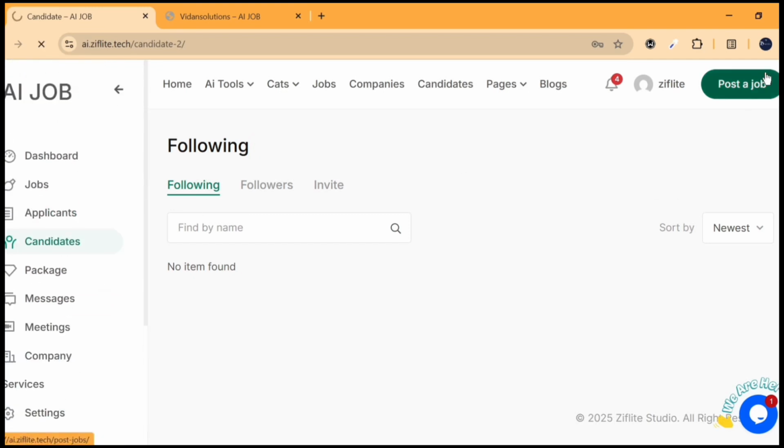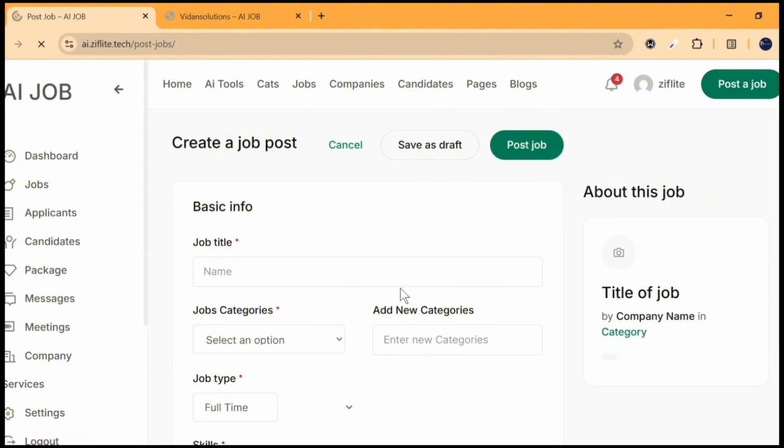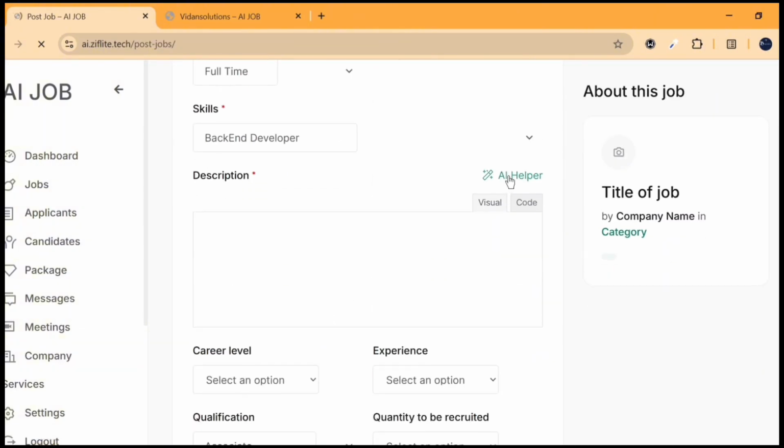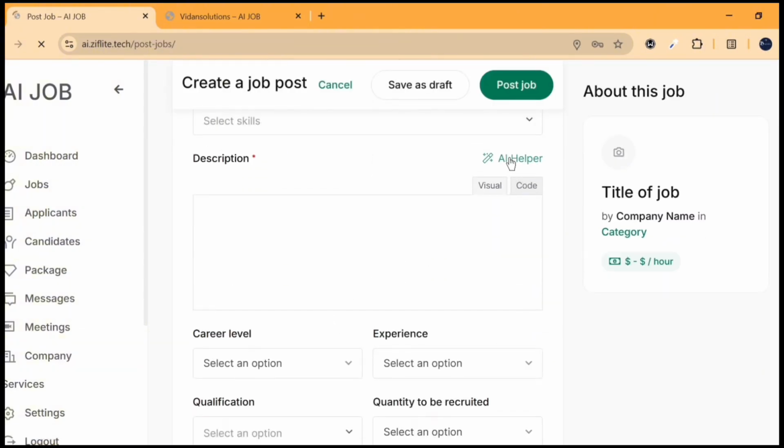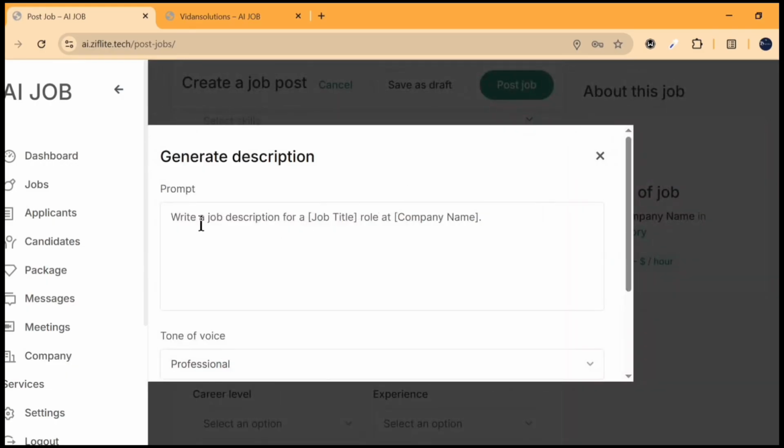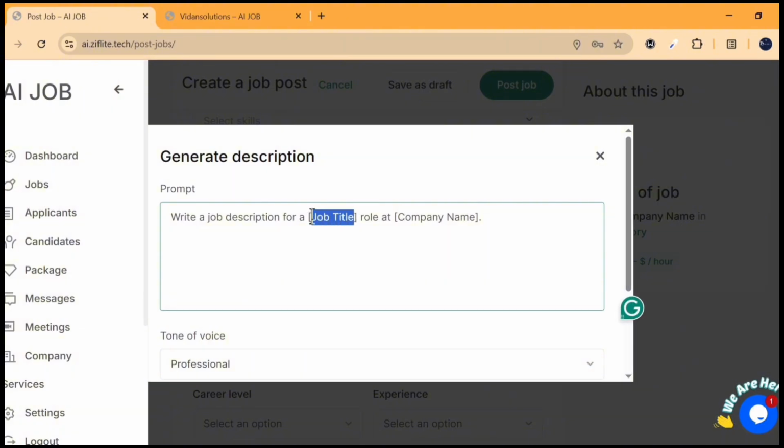Now if this company decides to post a job, I'm going to be showing you the 4th AI feature right now. They decide to post a job, they can have an AI describe it. So it says write a job description on, let me put the job title here, let's call this WordPress website designer, and